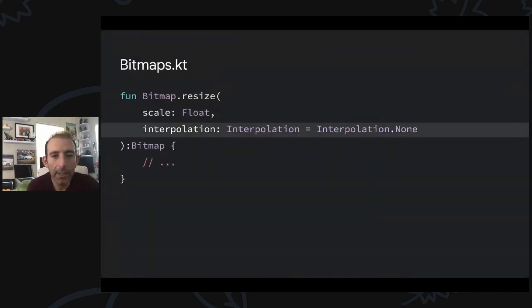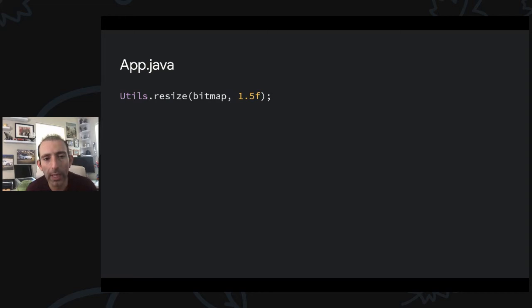Let's see another interesting topic. Kotlin has default parameters, which means if you don't pass the interpolation parameter here, Kotlin knows the default is not none and uses that instead. But Java doesn't have that. So what will happen if you try to call this from Java? Well, you will get an error. To fix this,